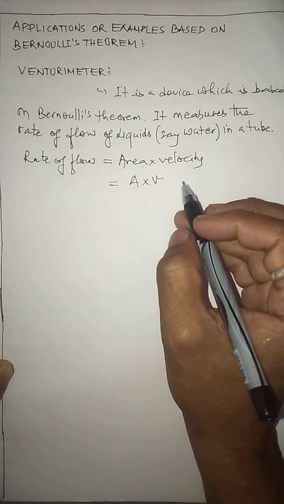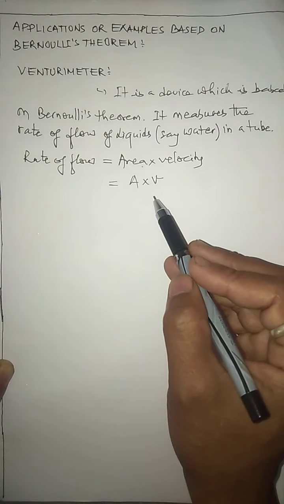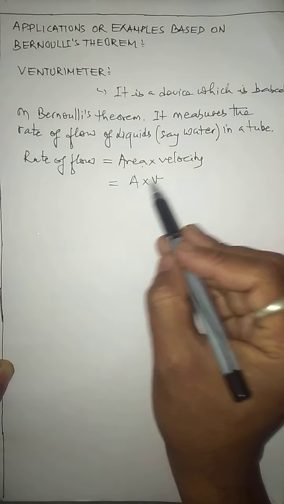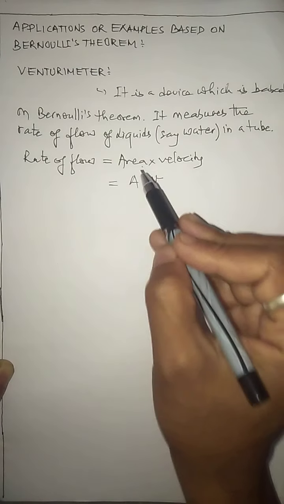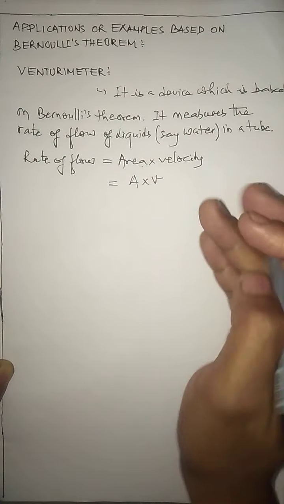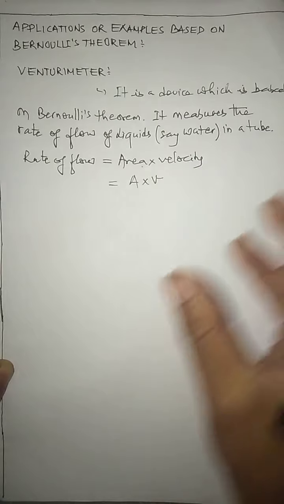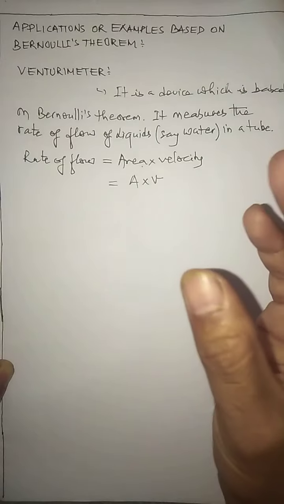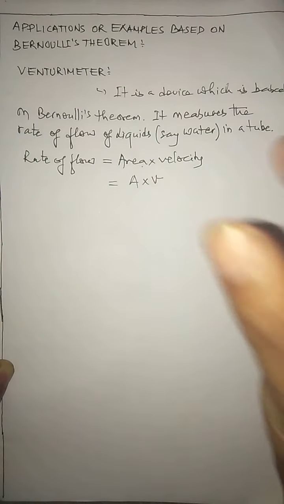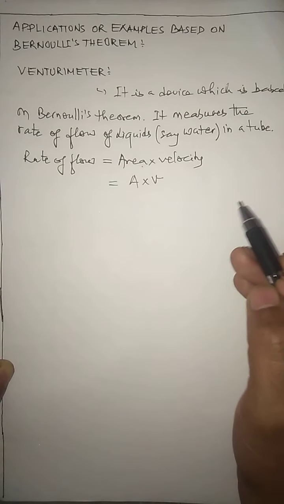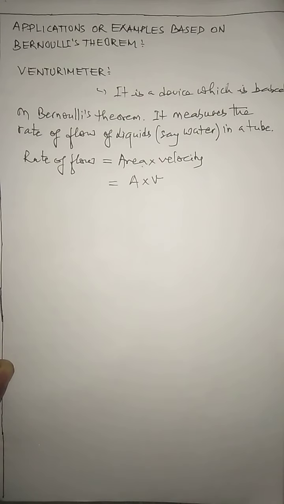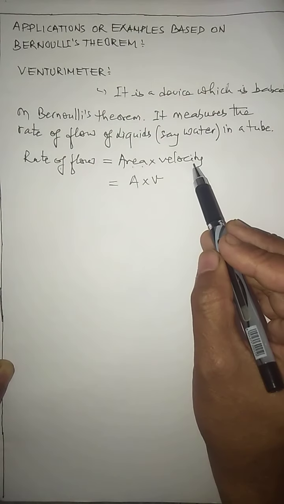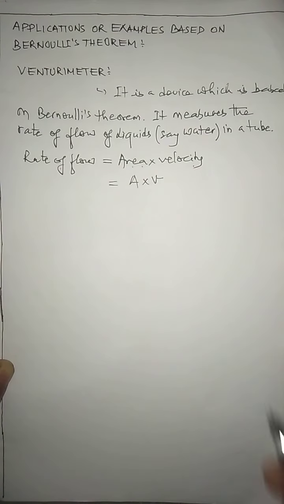So that means the volume that is flowing in 1 second, because area into velocity, and velocity is also written as distance by time. That means if a liquid covers a certain distance of a given area in 1 second, then the volume of liquid that flows in 1 second measures the rate of flow. So children, remember this part. Rate of flow can be measured as area into velocity. Okay, so this is the relation that we use.